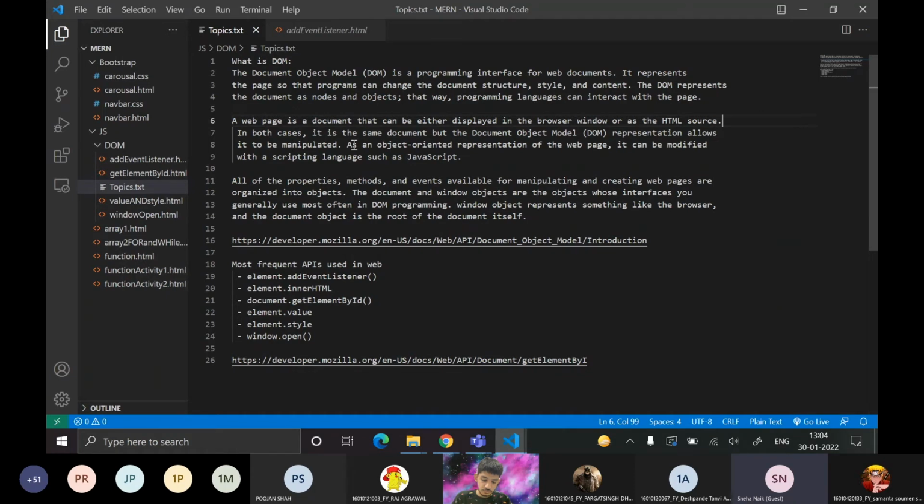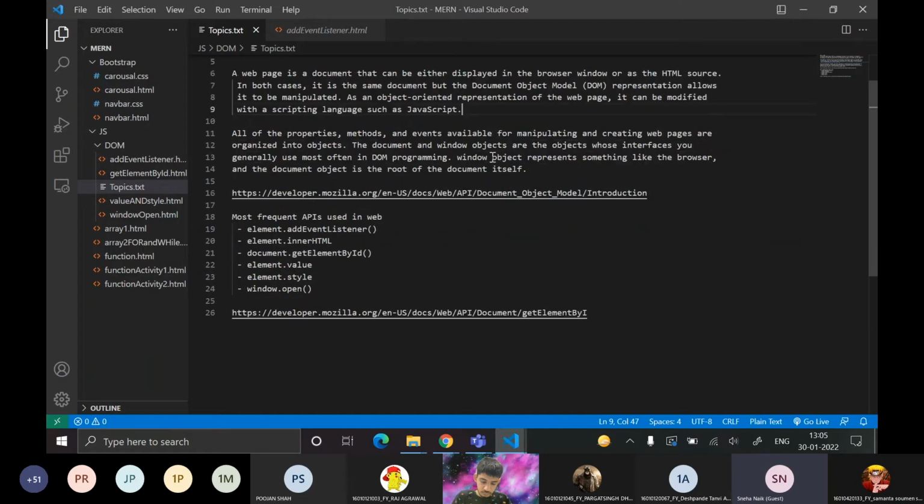So in the HTML source, we see something, but using DOM we can change the way it interacts with the user. That is basically what we do when we load the web page on a browser. And this can be modified using a scripting language such as JavaScript, which we are doing over here. All of the properties, methods, and events, these three things which I just noted,